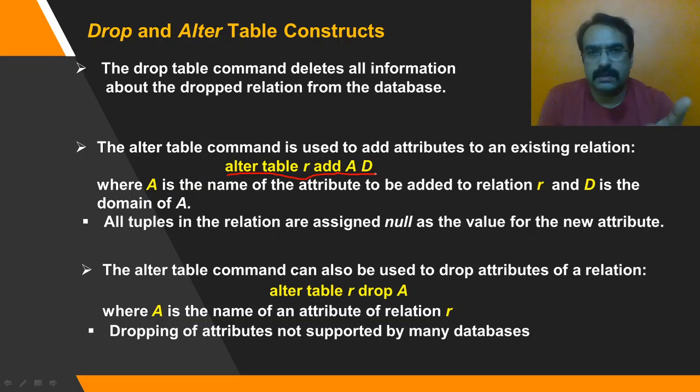Okay, in a similar fashion, drop also works. Drop column works, and drop table also works. We need to first make the table empty. We need to remove all the information from the table, and only then is it possible for us to drop that table or drop that column. That is the only thing we need to take care of. So alter table add and alter table drop are the two commands which you are supposed to work out.